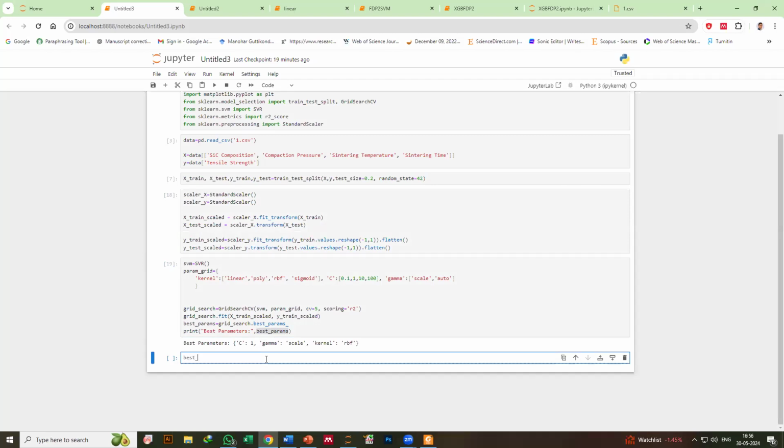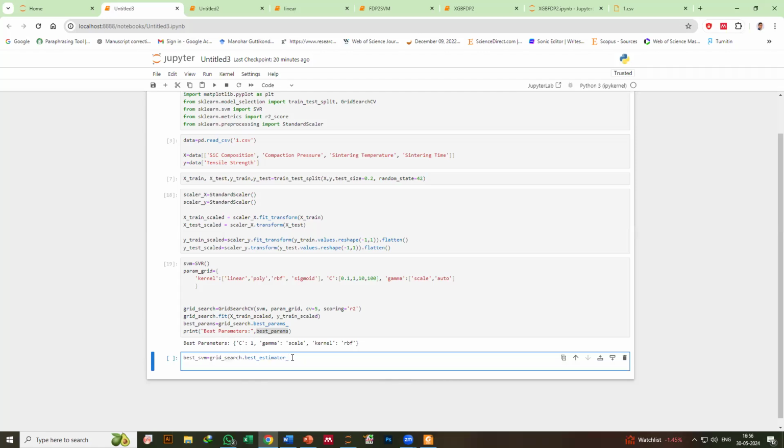Best SVM equal to grid search dot best estimator. Next, by using this best SVM dot fit,